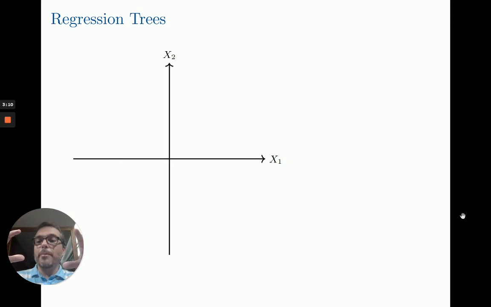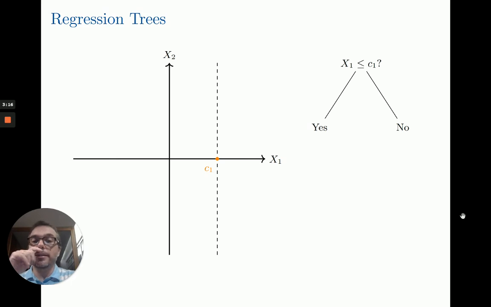Imagine that we have a two-dimensional space, so we have two explanatory variables, x1 and x2. Okay, and we are going to decide to split x1 at point c1. So basically, we are going to make this decision: is x1 less than or equal to c1? If yes, we are going to move to the left. If it's no, we're going to move to the right. Okay. So basically, we are making this region. Okay. And now,